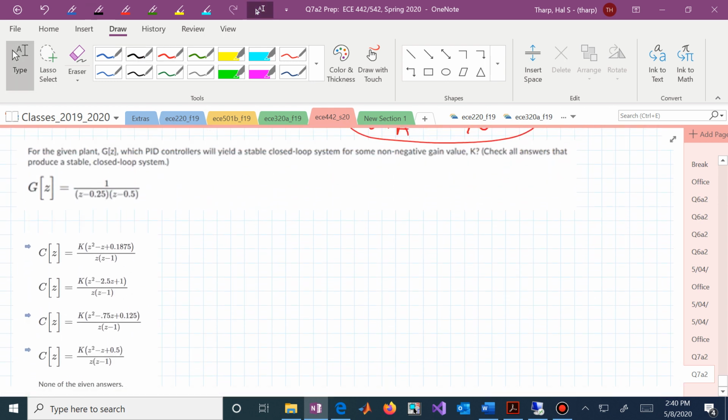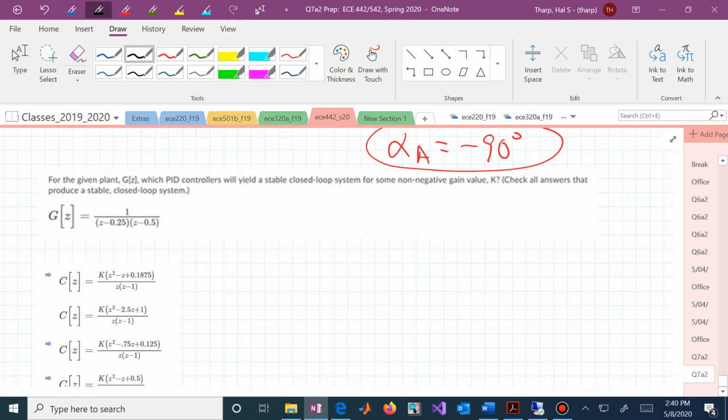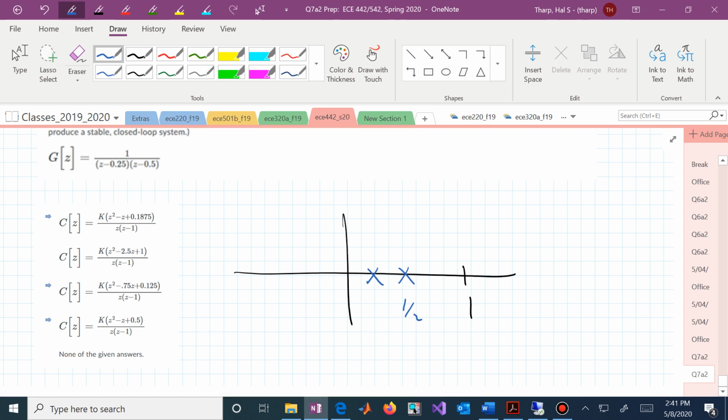Next question. For the given plant G of Z, which PID controllers will yield a stable closed-loop system for some non-negative gain value K? Again, we're dealing with non-negative K values. The hardest part of this problem, the plant stays the same. We have two stable poles, one at 1/2 and one at 1/4. The hardest part of this problem is factoring these numerator polynomials in the given controller